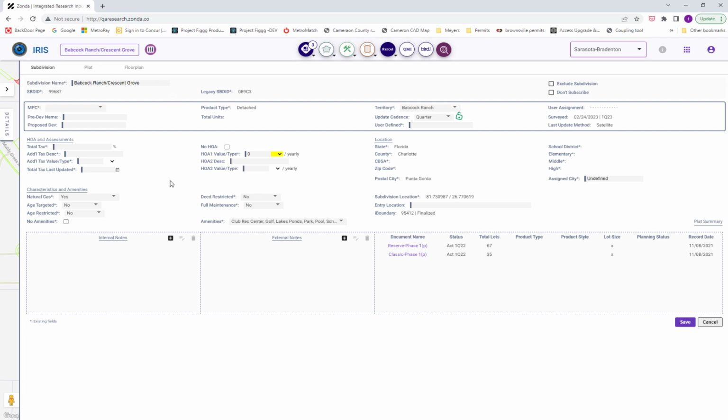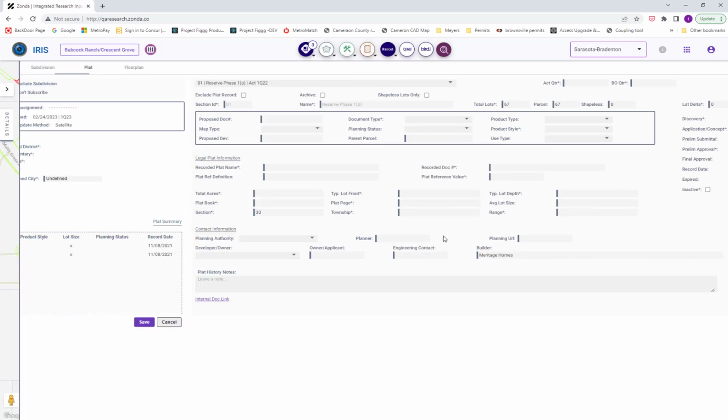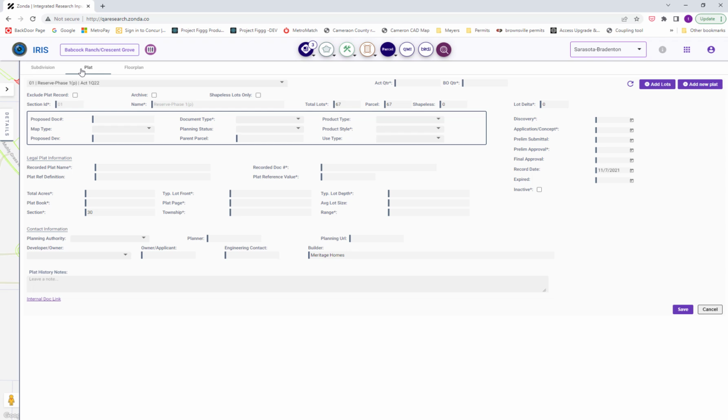Within this Details tab, we have a sub-form that shows the plat records that have been associated with this subdivision, and a hyperlink that opens that particular plat record in the Plats tab. From here, I can navigate through any of the plats associated with this subdivision. And this is where we'll do the bulk of the work for adding lots, adding new plats, and reorganizing the